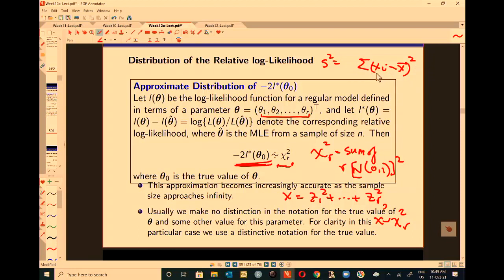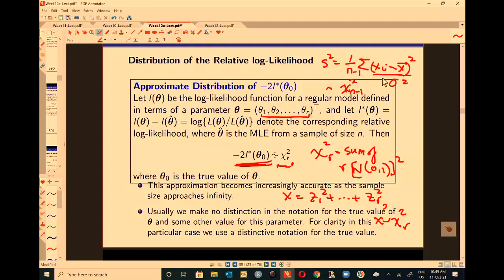Now if I divide that by sigma squared, because the xi, if it's normal, I'm taking the mean away, that makes it normal(0,1), divided by sigma squared. So this is going to be chi squared, and if I divide here by n minus 1, it is chi squared n minus 1. And the reason we divide by n minus 1 is that the n minus 1 makes this